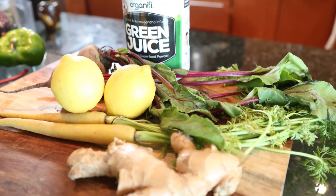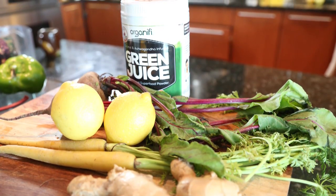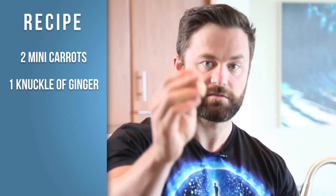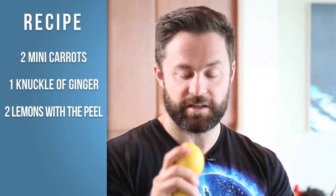All right, my friend, today we got the pre-workout beet juice recipe. We've already talked about 9 things that are stalling fat loss. Now it's time to get into the recipe. So I have 2 delicious mini carrots, just like this. I have 1 knuckle of ginger, or if you want to add more like I'm about to, you can do that as well. I have 2 lemons with the peel,